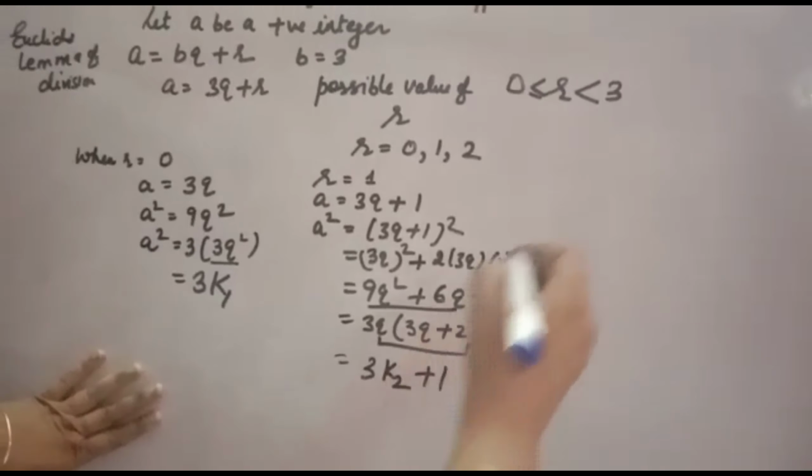Now important step you see. Here 4 is there. You want plus 1 in the question, and here you want 3, so that you can take 3 common. So important step is there, this you keep in mind. 4 you can write 3 plus 1. Now 3 you can take common from these. You will get 3 times 3q square plus 4q plus 1, plus 1. Now this full you will take an integer. So you will write 3k3 plus 1.